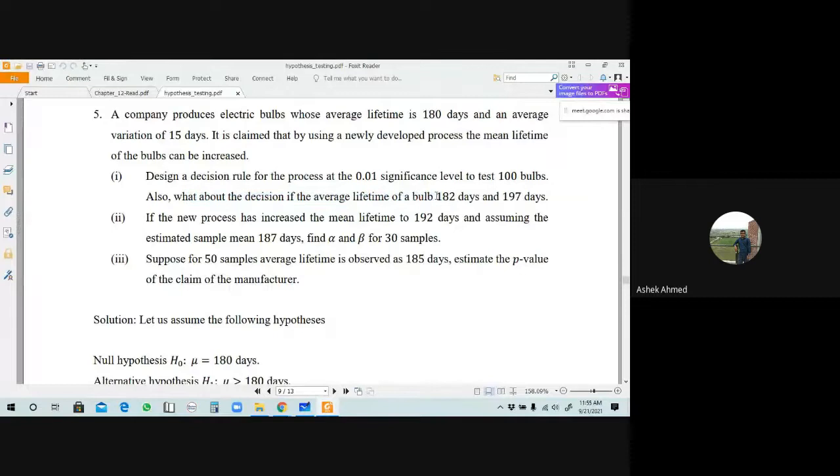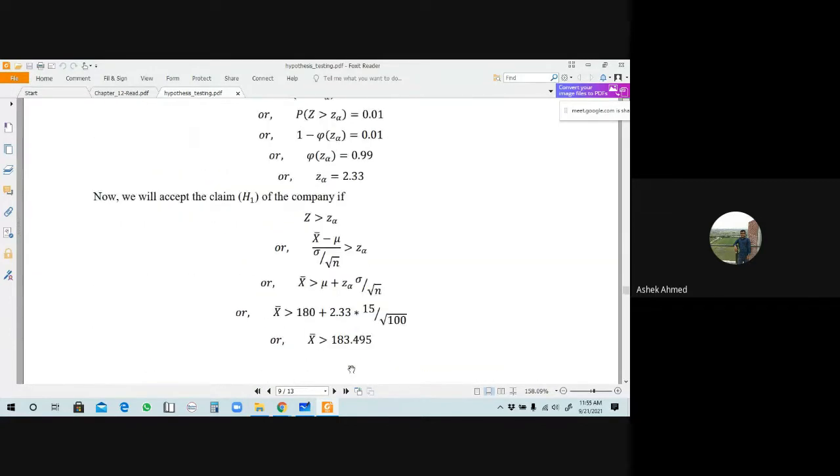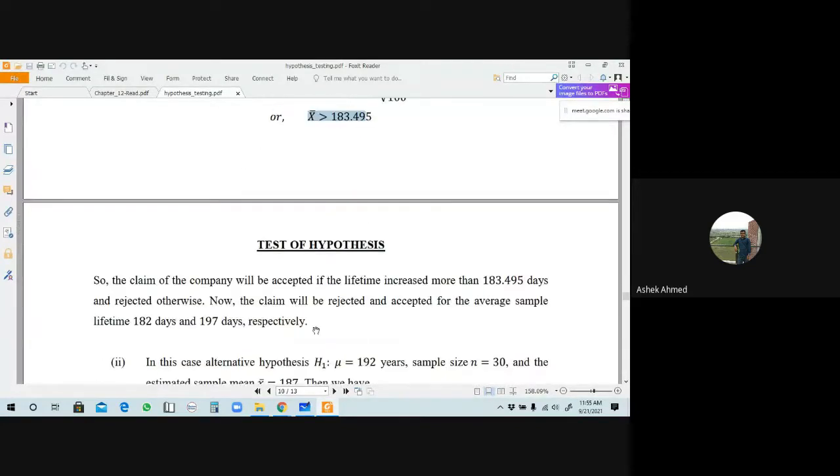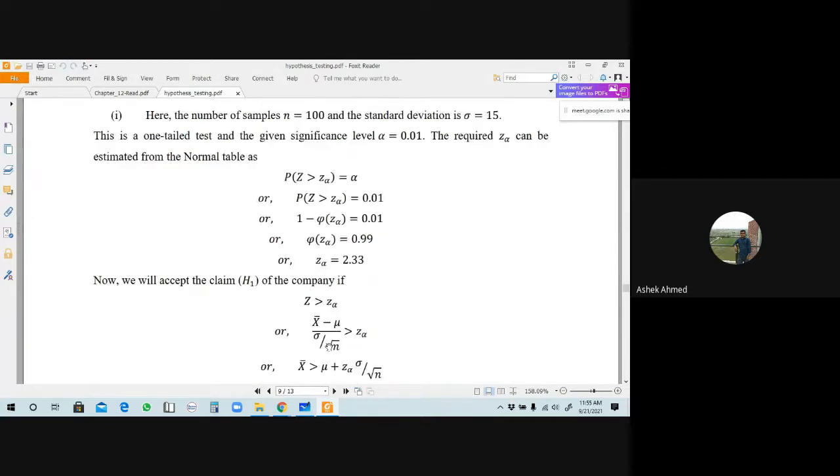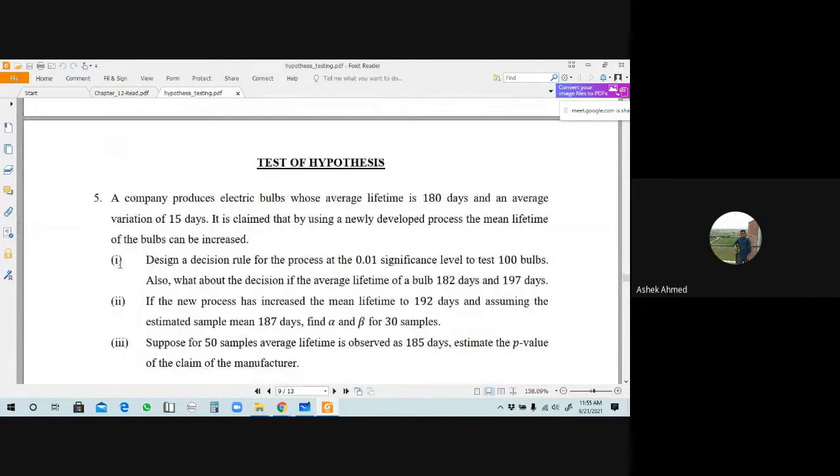the bulb is 182 days and 187 days. তাহলে আমরা এই যে 182 আর 187 এর মধ্যে which term satisfies this inequality, x bar is greater than this, 187 satisfies this, so 187 will be accepted. accepted হচ্ছে 187 respectively আছে এখানে, and rejected will be 180 will be rejected here. Okay, so you have to apply this concept here. This is the answer for question number 1.